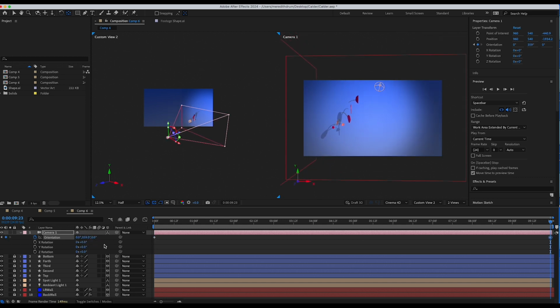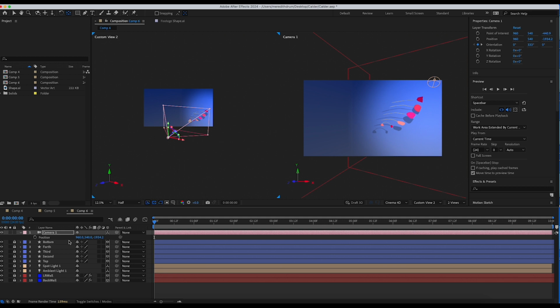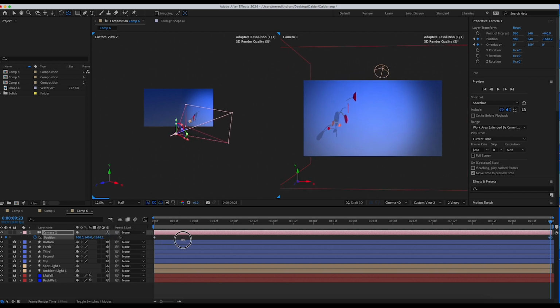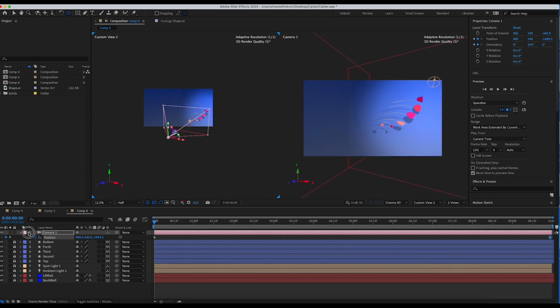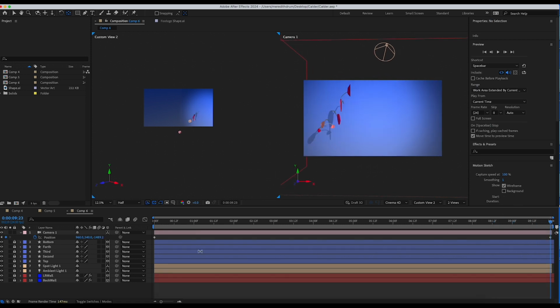And let's also move back around, and then let's also move in position. So I'm going to press P for position. Let's go back to the beginning. Let's give it a keyframe. Move to the end. And then what happens if we move in with that camera? Maybe that's kind of interesting, right? So we rotate over and then we kind of move in. And maybe we kind of move over too.